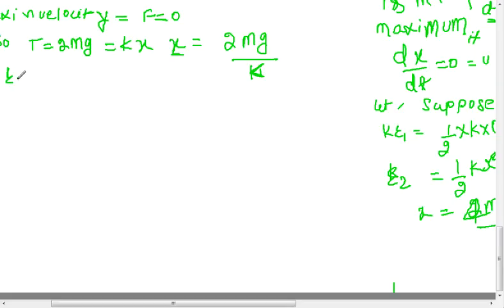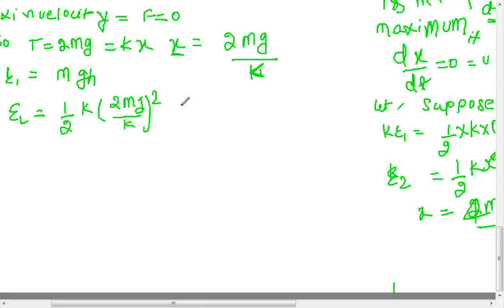Initial energy E1 is equal to mgh. And what is the final E2? E2 is equal to half k into (2 mg by k) square plus mgh